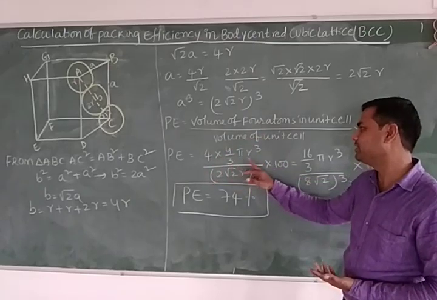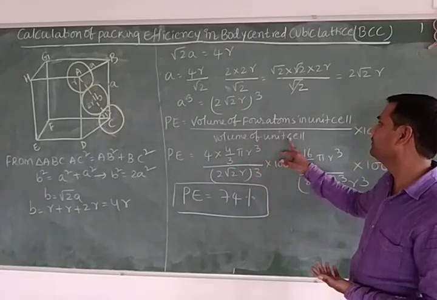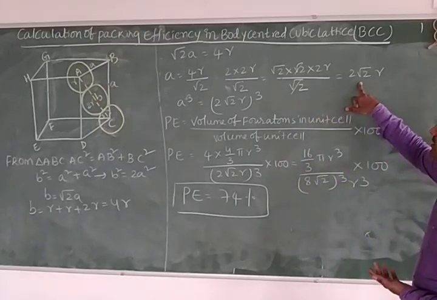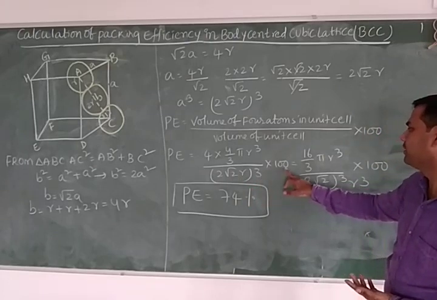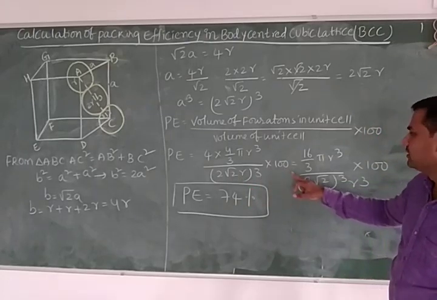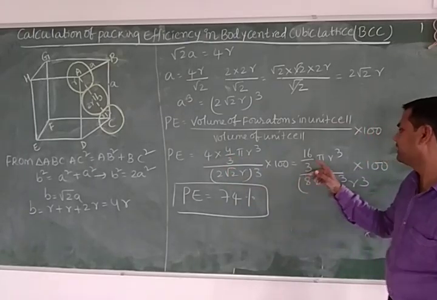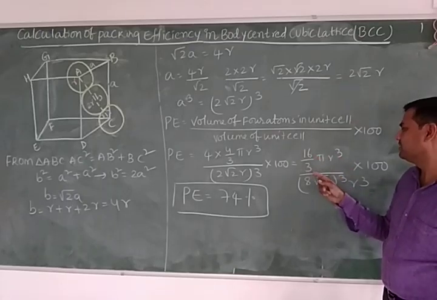Therefore 4 into 4 by 3 by r cube by the volume of the unit cell. We got now that the volume of the unit cell is 2 root 2 r whole cube, into 100. Is it clear? Now 4 into 4 by 3 by r cube can be written as 16 by 3 by